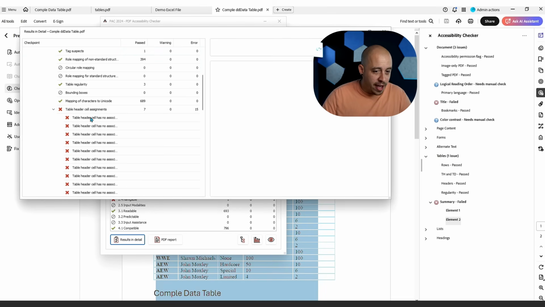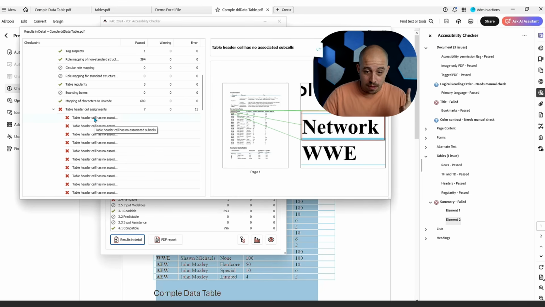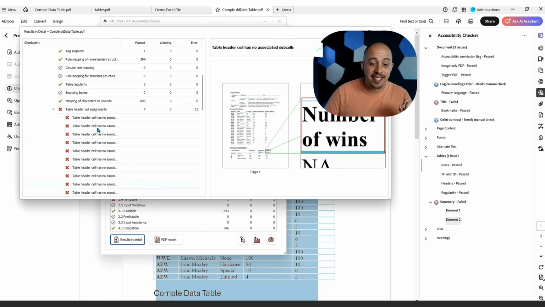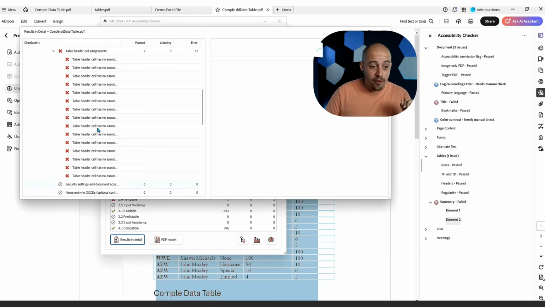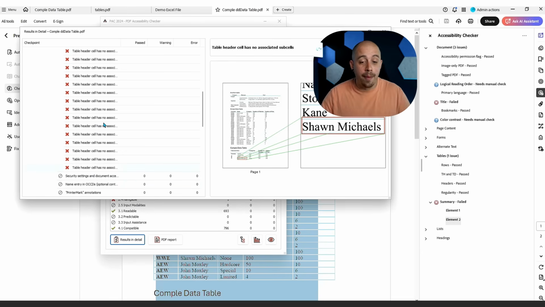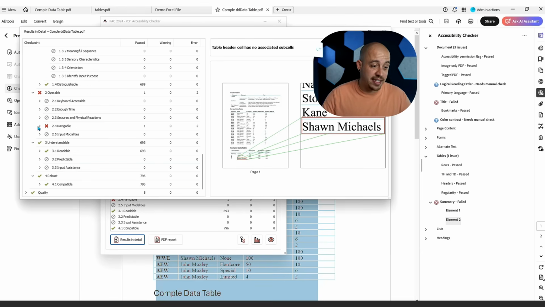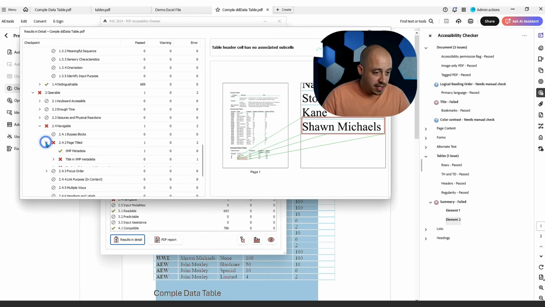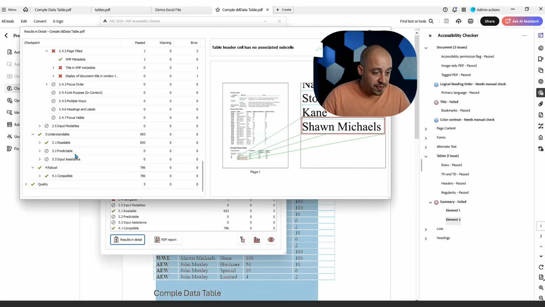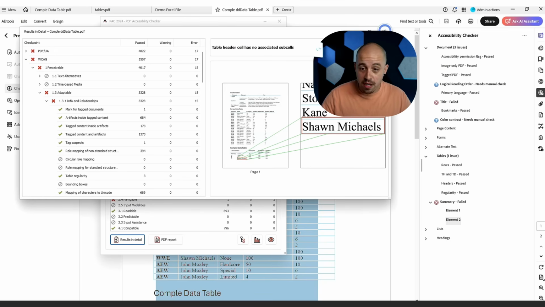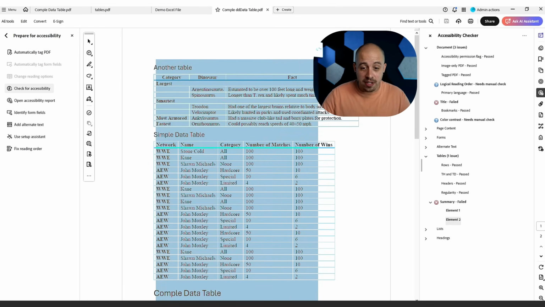We've got table header cell assignments. Now what I'm checking for is the first table. Aha, and this begins on the second table. That's because when I set my scope for my rows and my columns, everything was set up appropriately. That's fantastic. If I open up the navigable, that doesn't have anything to do with the tables. So it looks like we properly made our table accessible